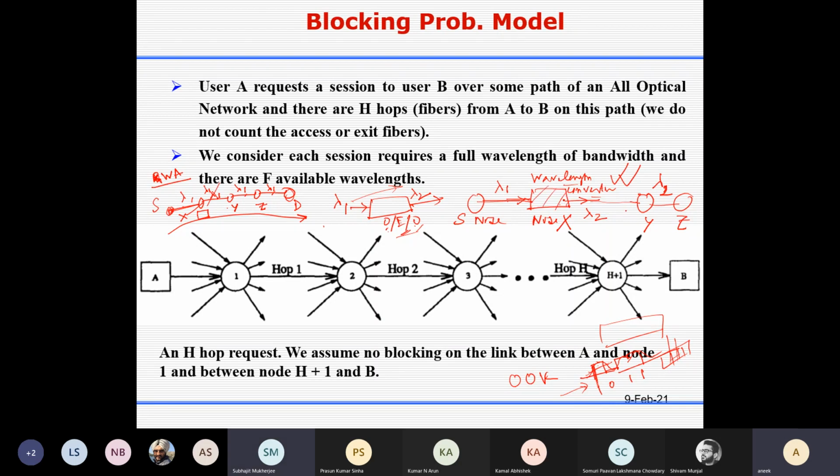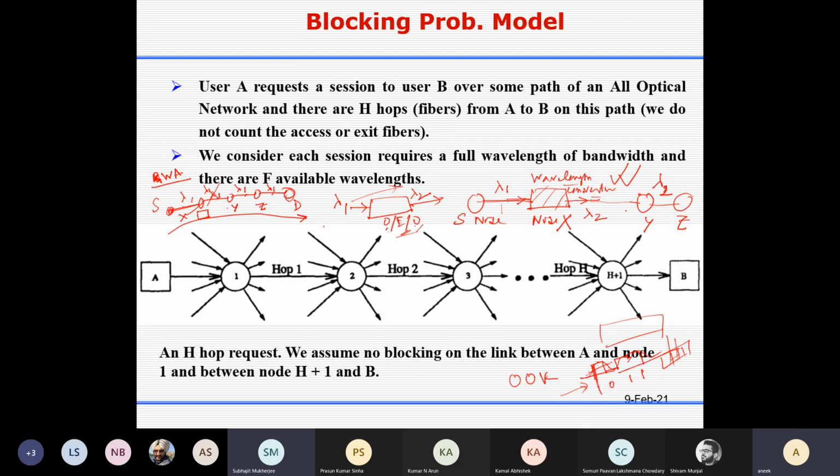A wavelength converter is a device. You send a signal, an optical signal coming through a fiber. You do not require to see whether this is a packet or something else. You don't care. The wavelength is lambda 1, and the device converts the color to lambda 2. That's all. It is better. Is it economical compared to OEO? This is the issue: such a wavelength converter doesn't exist till now.